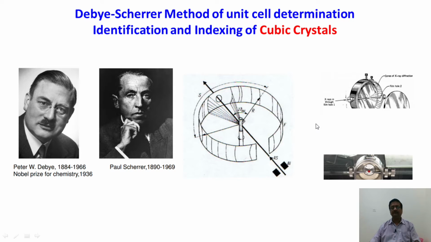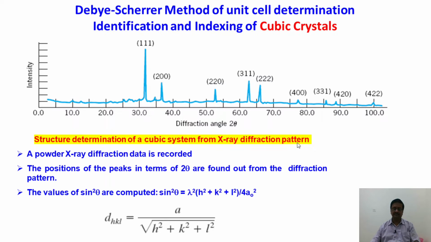You know that X-ray diffraction methodologies are more than 100 years old. In the very initial days of powder X-ray diffraction, the diffraction data used to be collected using X-ray films. Those films used to be exposed with the crystal in the middle, and the diffracted beam would generate white lines on the film. Based on the location of those white lines, Peter Debye and Paul Scherrer developed a method of indexing of crystals, mostly the cubic crystal systems.